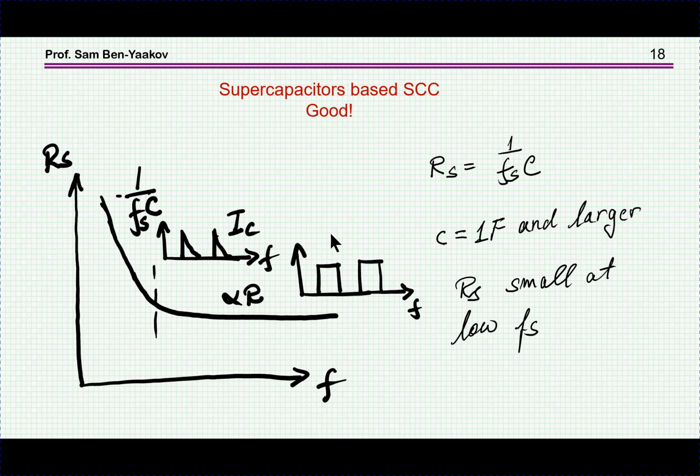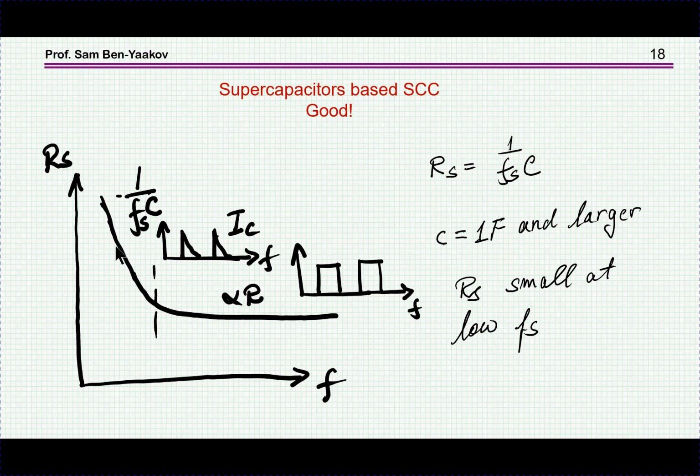Let me first of all point out that using supercapacitors in a switch capacitor converter is very good. No question about that. And the reason is that at this frequency range, the internal resistance is dependent on 1 over Fc, and if the capacitance is large, and in a supercapacitor it could be 1 farad and even larger, 1000 farad, then the internal resistance is small,